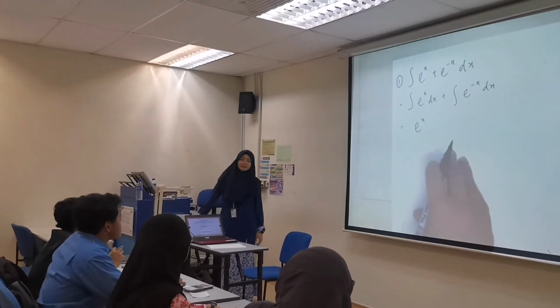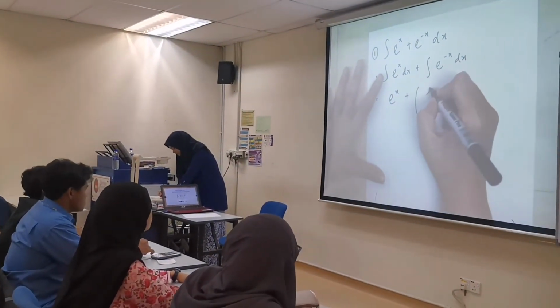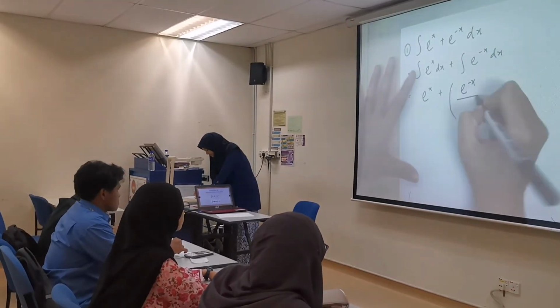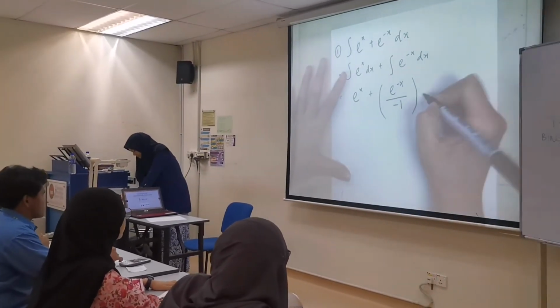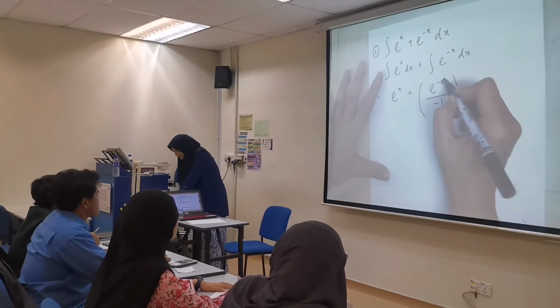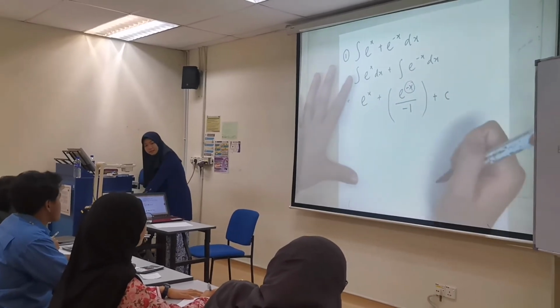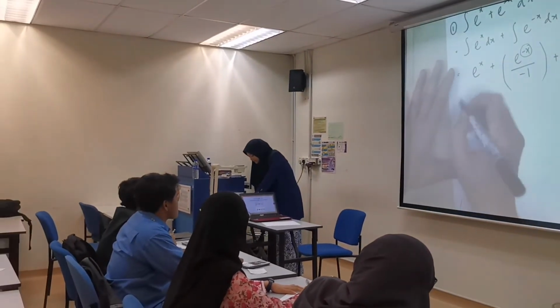And now how about this negative in front of x? We bring down -1. How do we get this negative? We actually differentiate -x to be -1. So the final answer will be